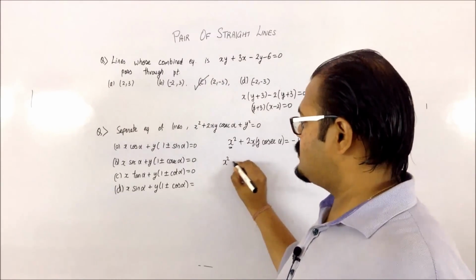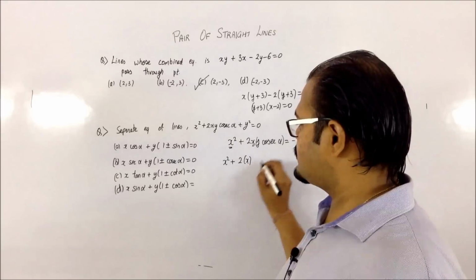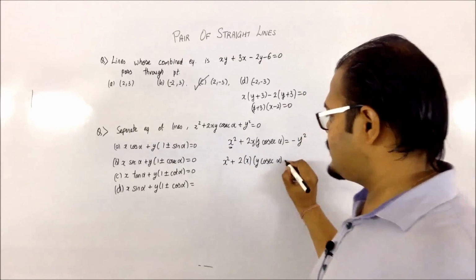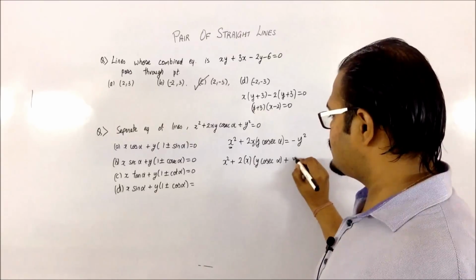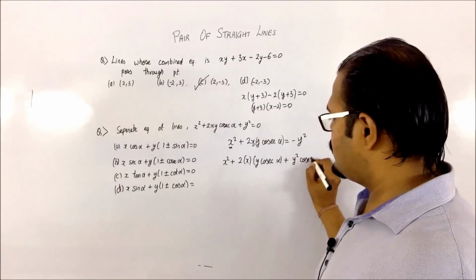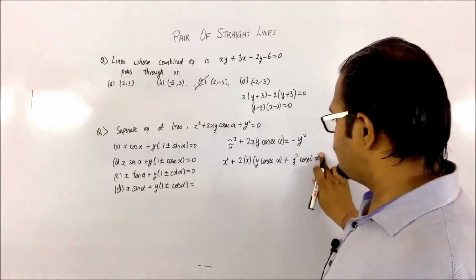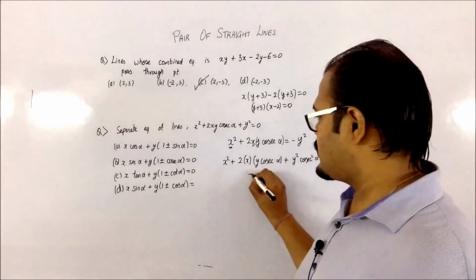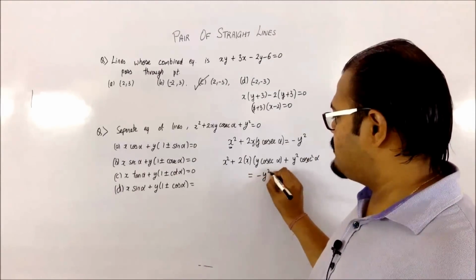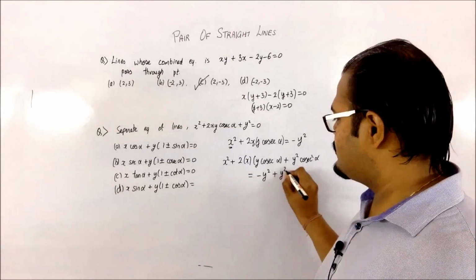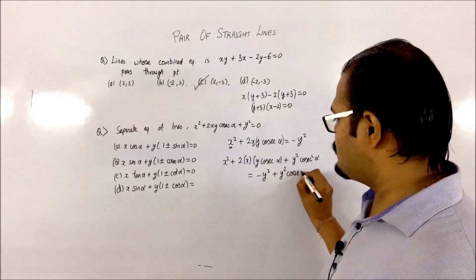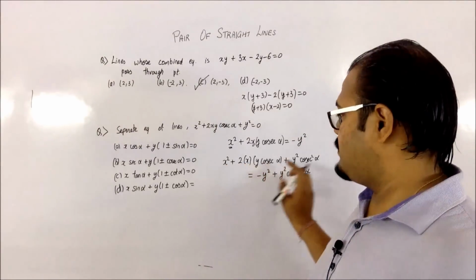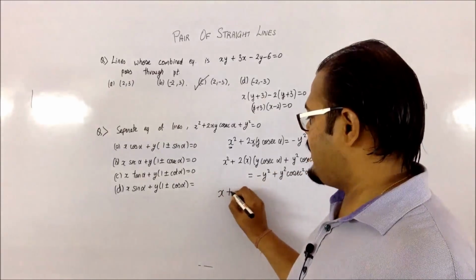So it will be x square plus 2 into x into y cosec alpha. I will require a b square term. So my b term is this, so y square cosec square alpha is the term which I will require. Since I'm adding this term on my own, I have to compensate that, so I'm compensating on the other side by addition on that side also. So now this becomes a plus 2ab plus b square, which is a plus b the whole square.